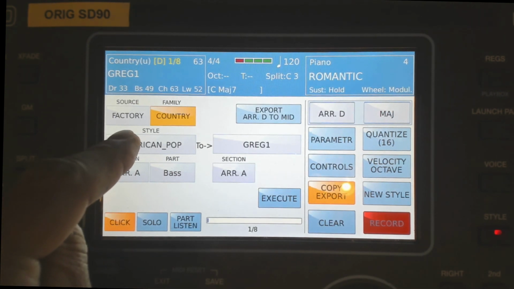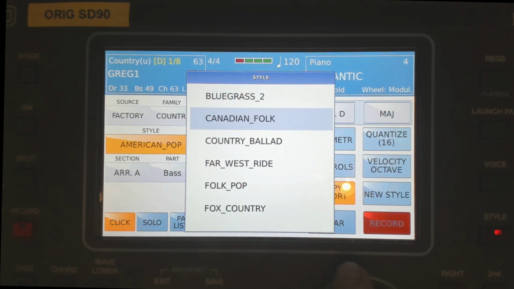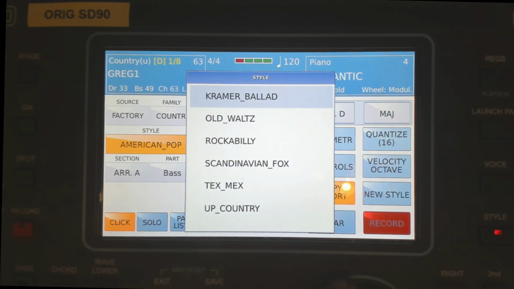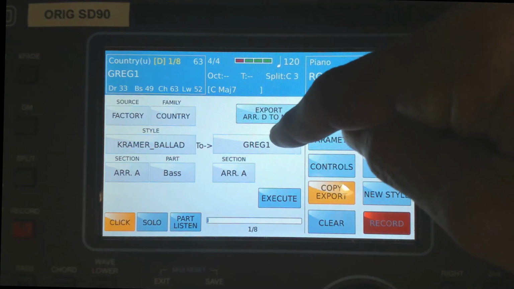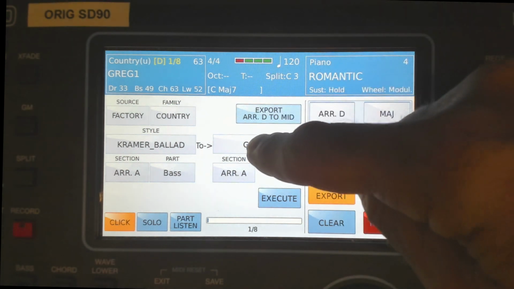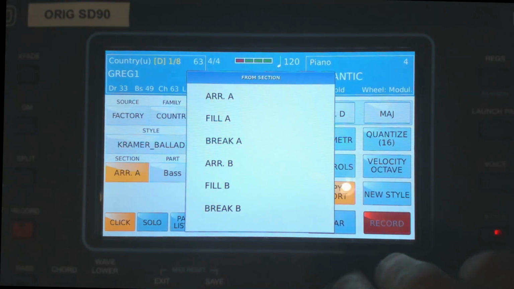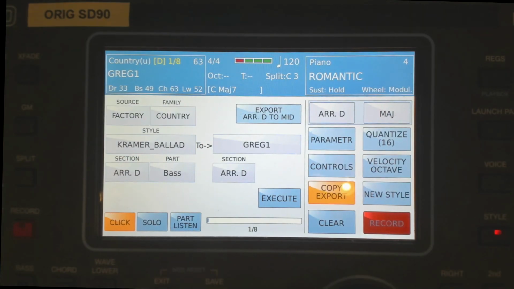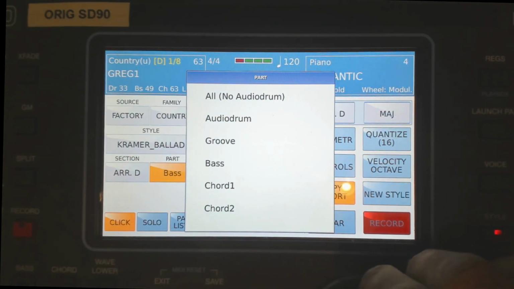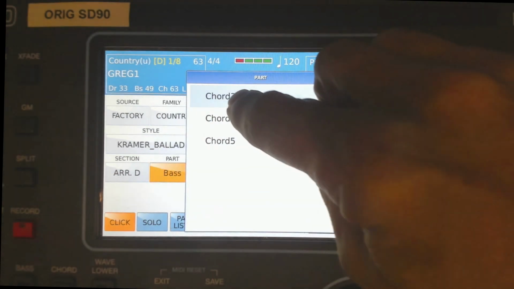And what was the name of the style? Well, it was called Kramer something or another. I forgot myself now. Kramer ballad, okay? And we're going to be copying that into Greg 1, which is the current style we're in. And what do I want? That was sourced in Arranger D. So I want the Arranger D. And which chord track was it that we want? Which part? You can do them all, but we really only want chord track 3